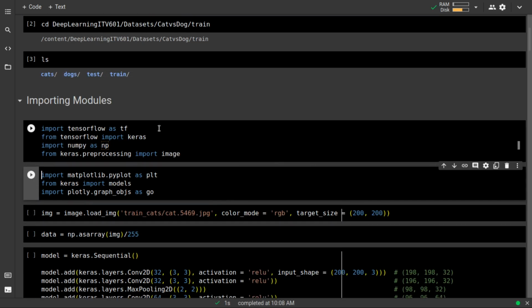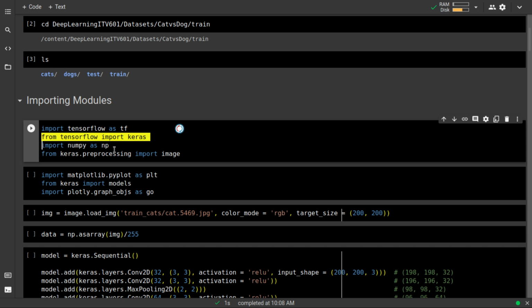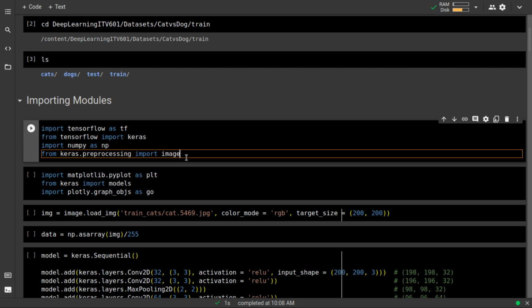All right, so TensorFlow is for, yes, you already know why I have imported TensorFlow. We have NumPy for converting images to arrays. We have image from Keras preprocessing for using the directory iterator and image data generator.